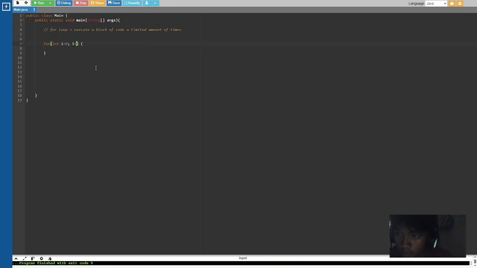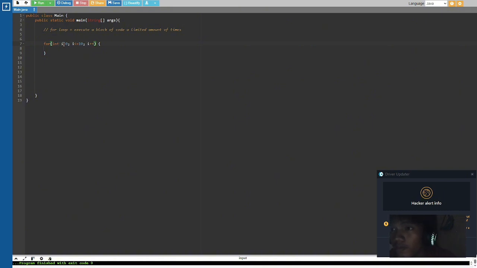So i is less than or equal to 10, because I want to count 1 to 10, 0 to 10 because it's an index. So this is your third statement. So I'll put it as increment.